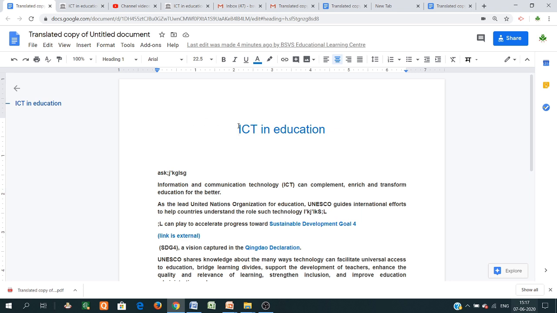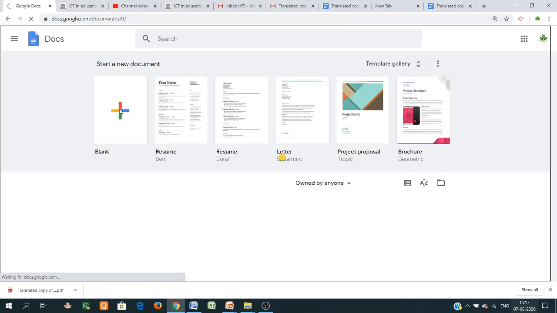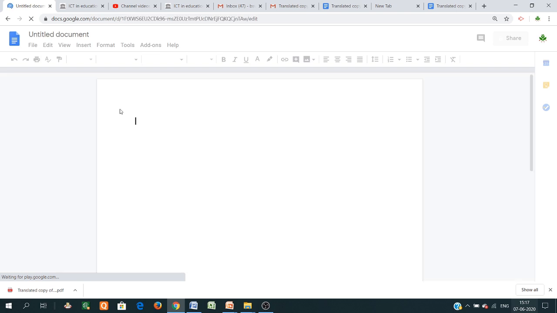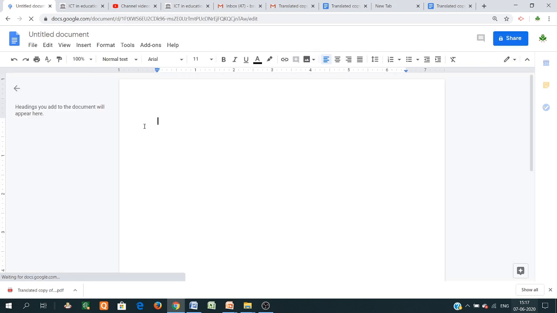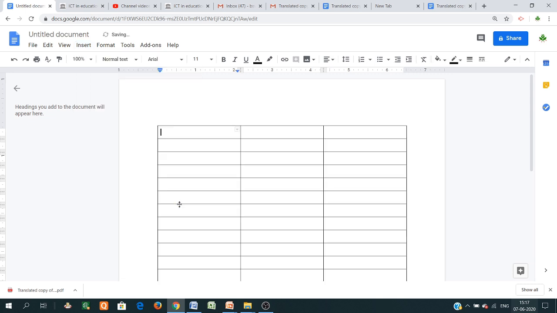Suppose I am taking another page, just click on blank and insert a table. You can edit the number of tables, and here, suppose, serial number, name of student, and any suggestion or comment.